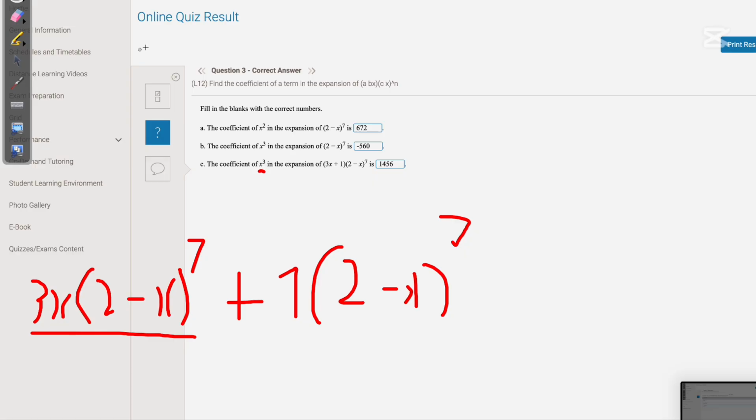So now let me write the equation. 3x, 7Ck, 2 to the power of 7 minus k, negative x to the k, right? Okay,